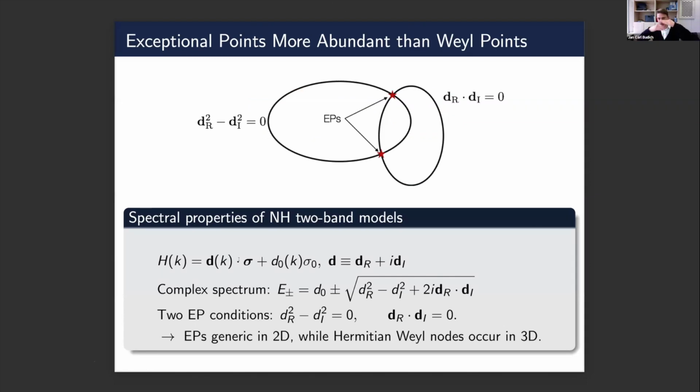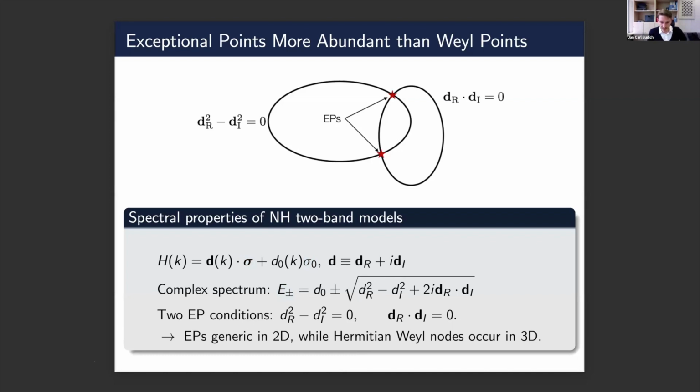If we want a two-fold degeneracy, bands coming close to touching, we look at a two-band Hamiltonian, which is a linear combination of Pauli matrices and identity matrix. And the only difference now to a Hermitian system is that we allow these coefficient vectors in principle to be complex. So if we were constrained to the real part, then the equation here of the spectrum that you obtain simply by squaring the Hamiltonian would just